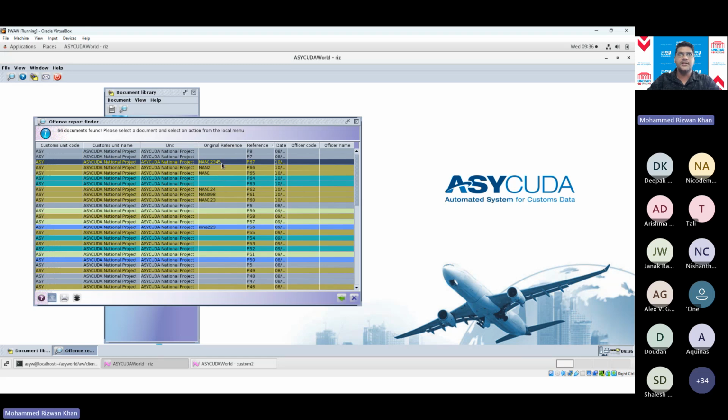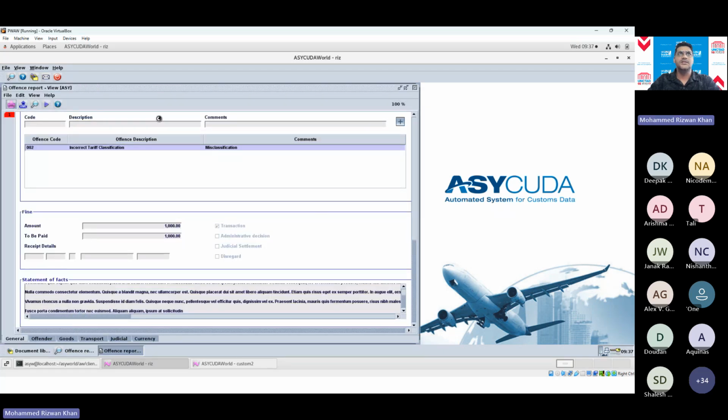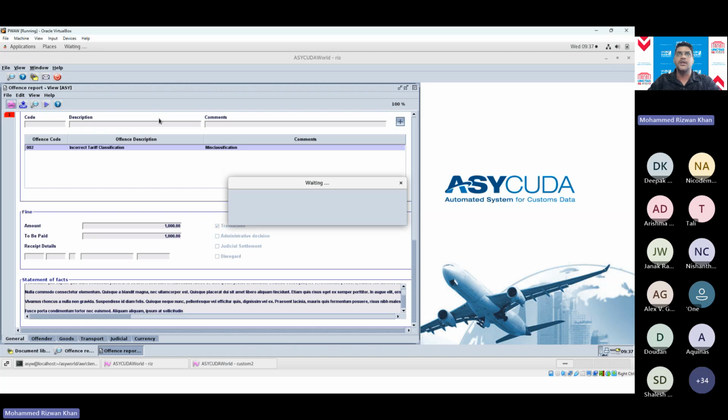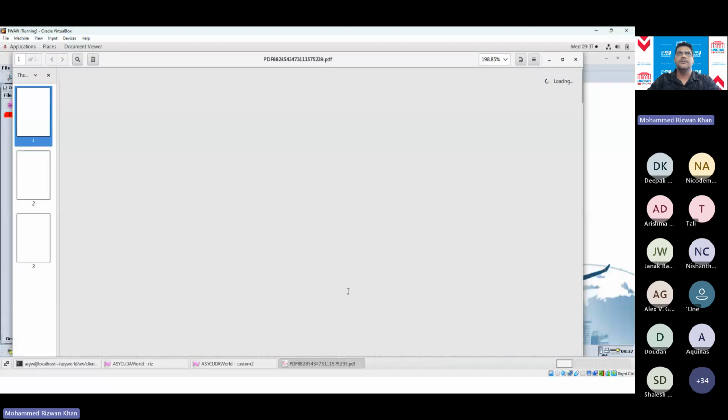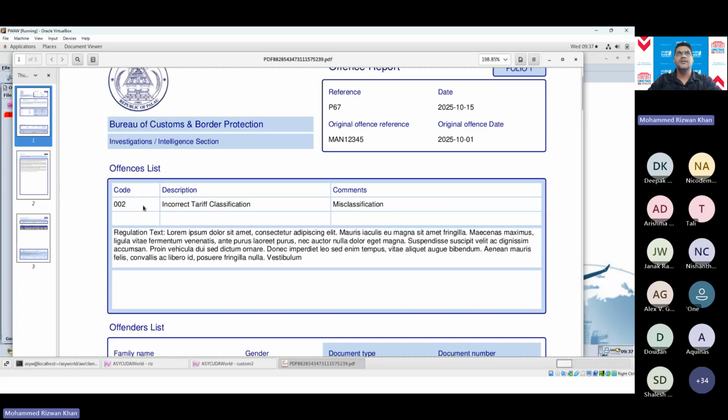All right. So that is validated. Now you can view and print out the demand notice. In this case, this is tailor-made to Palau's environment, their requirements. And we'll see, okay, this is the offense report, this is the printout. So it shows the references, the date, and the manual offense details. It shows the different offenses, the section that has been violated with the text. Like I said, it's very important to have the text there. So it shows the text.